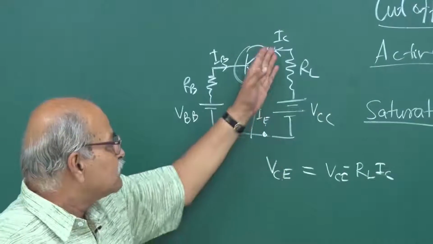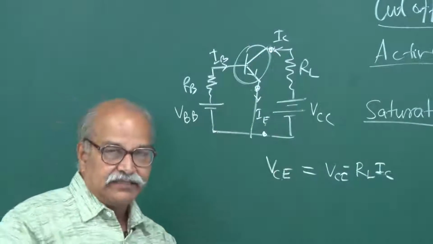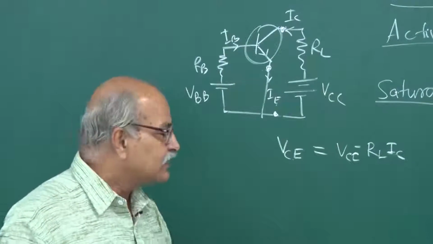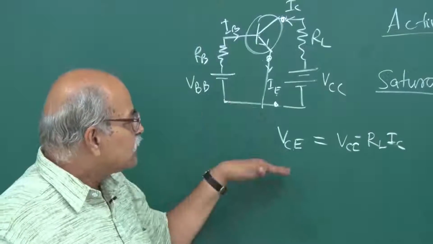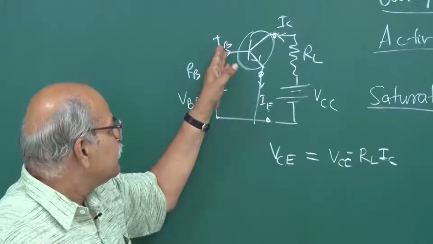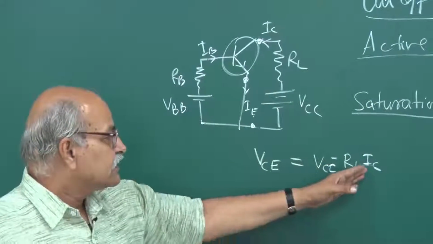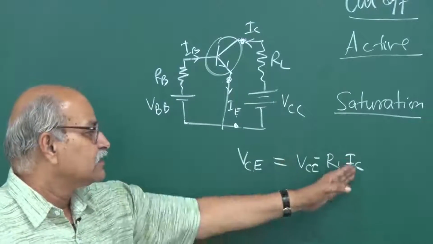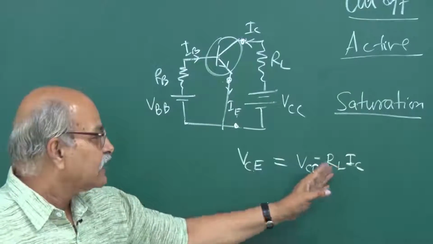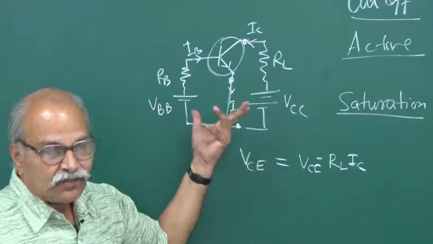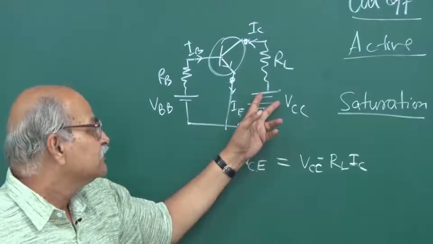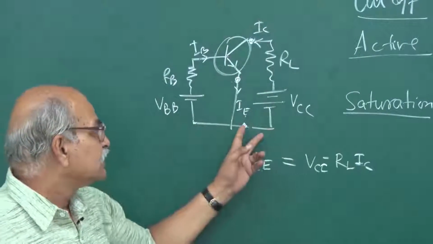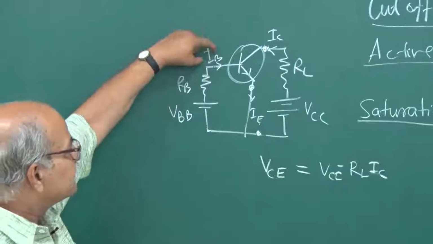And if the reverse bias voltage decreases, the strength with which it is attracting these electrons decreases, and if you are increasing IB, there could be a situation that this IC is now so large that this VCE is close to 0, and in that case your reverse biasing is gone, although the same battery is there. We have not changed this RL or this battery, the same is there, but by just increasing this,